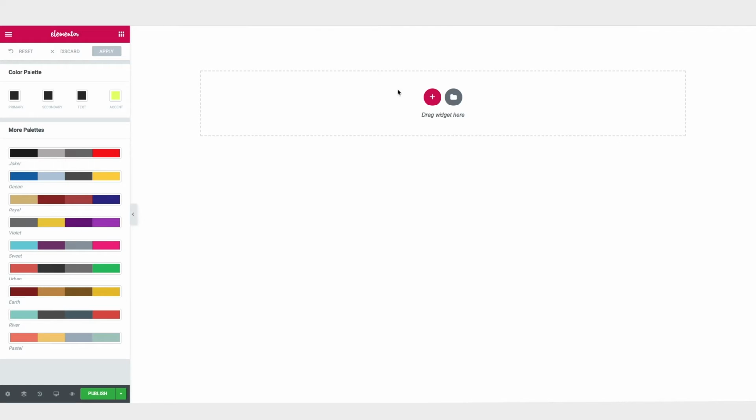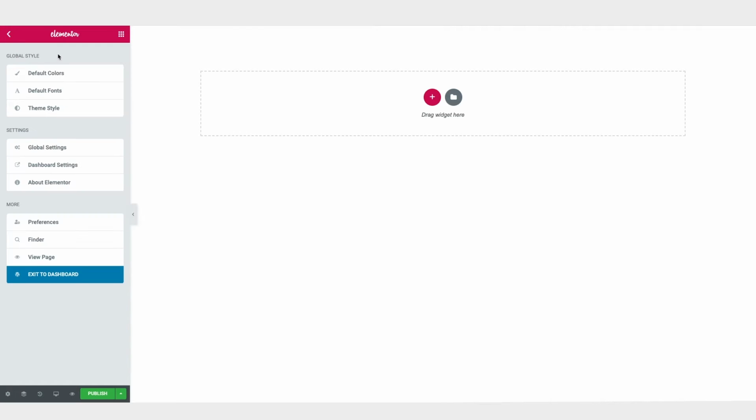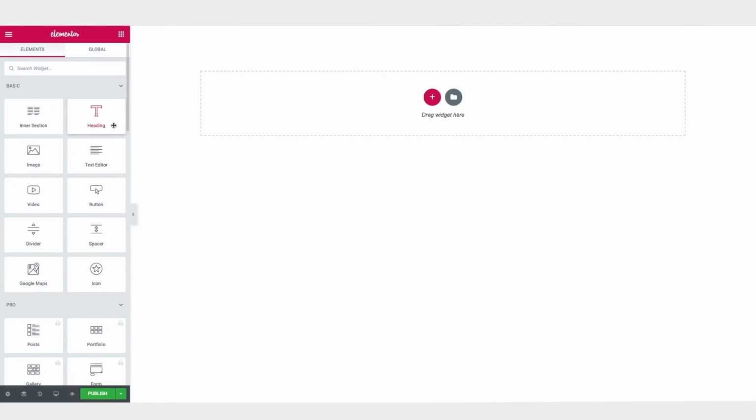So just to explain the basic structure of Elementor, what we've got here on the left sidebar is all of our settings and widgets. If you click on this little grid icon here, these are all the different elements, the different widgets we can drag into place. So the basic structure of this is sections, like this will be a section, and then within sections you can put columns, however many you want, and then inside of columns you can put any of these widgets, and then you can style all of those elements together to really look any way you want them to look. So what we're going to do is we're going to start with a hero section up top,